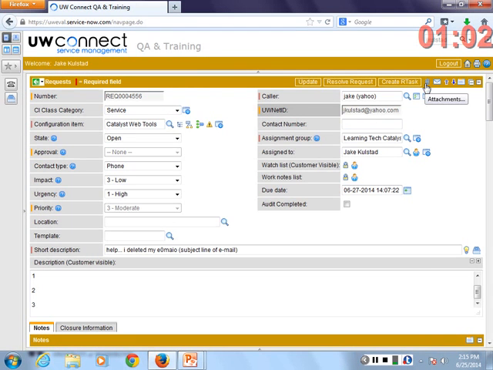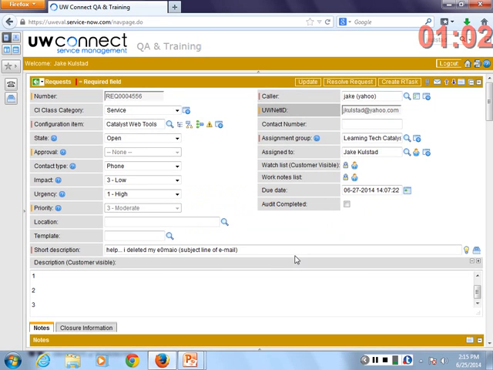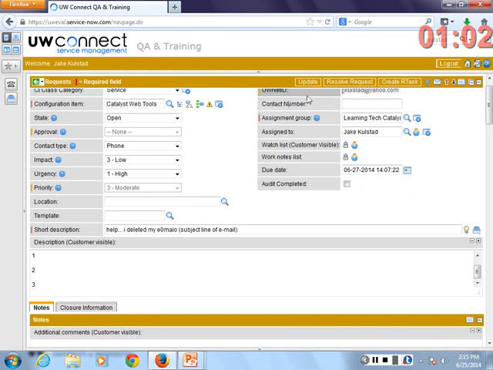The other option you see up in the top right is attachments. If the customer were to give us an attachment, it would actually be listed at the top if they sent one in. We have the ability to browse and add attachments to this record itself. So you can have artifacts attached to this. Just want to point out that if you wish to send an attachment to the customer, it's done via the email icon.